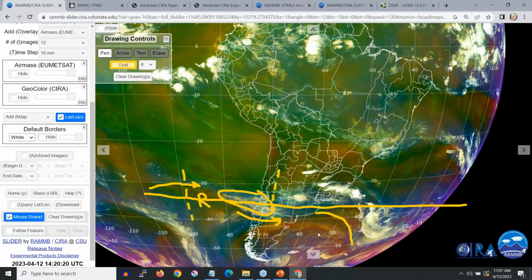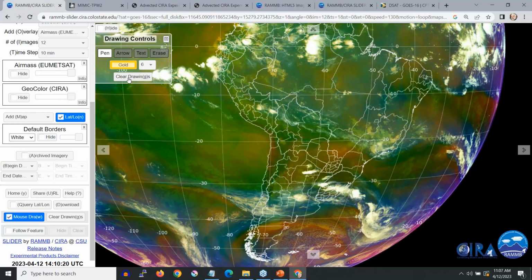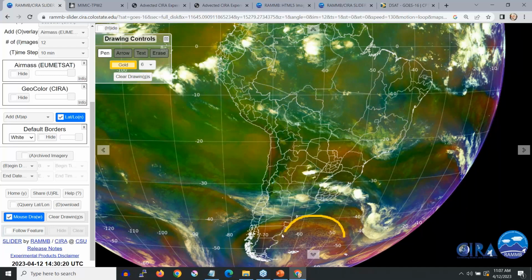We can see a lot of colder cumulus in the South Atlantic, which suggests that we have an important cold